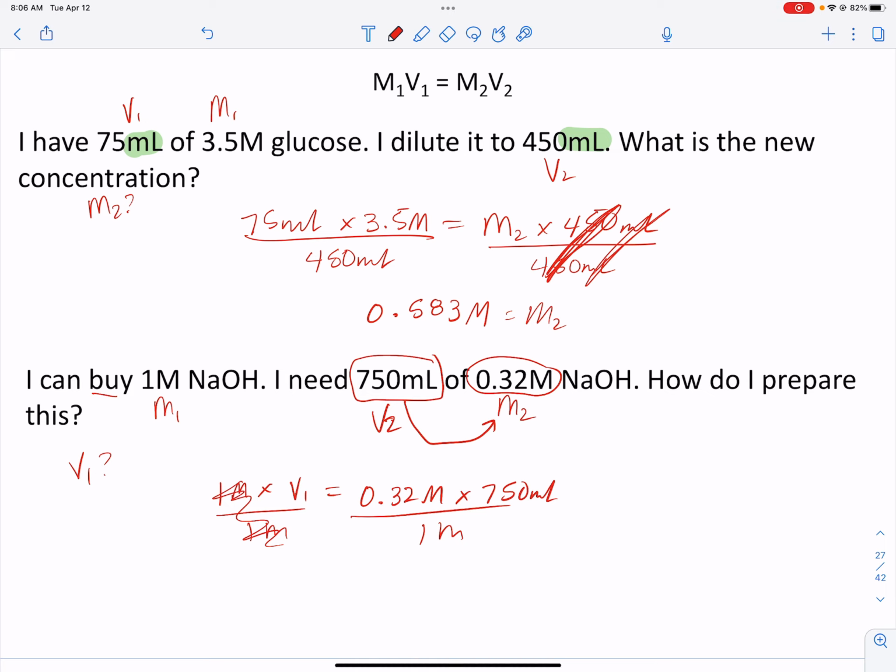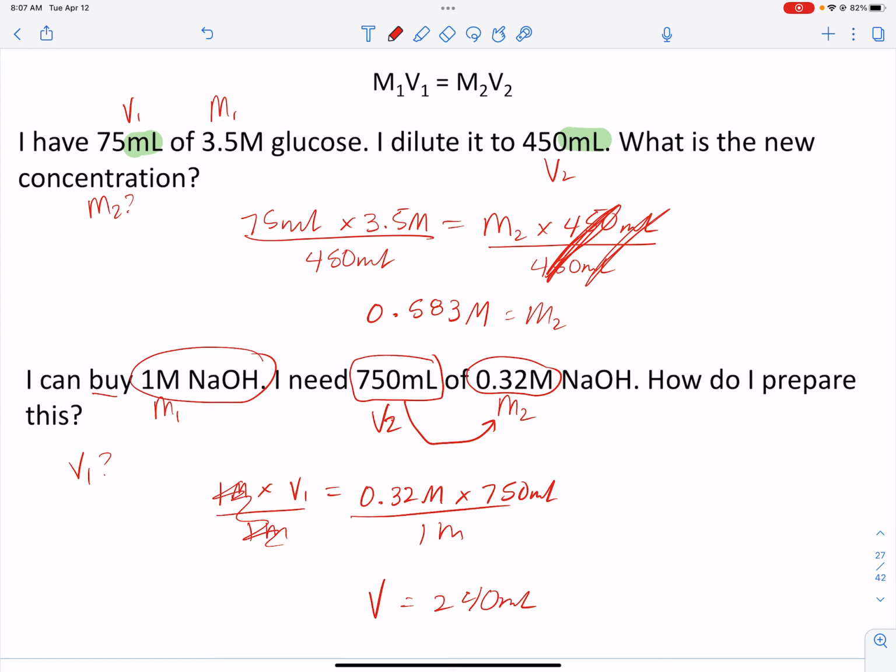Cancels. So we'll just do 0.32 times 750. Obviously divided by 1, it's not going to change the number. So that is going to be our volume of this 1 molar NaOH. We're going to need 240 milliliters of it. And if I were to ask you, remember that slide where I showed you the flask